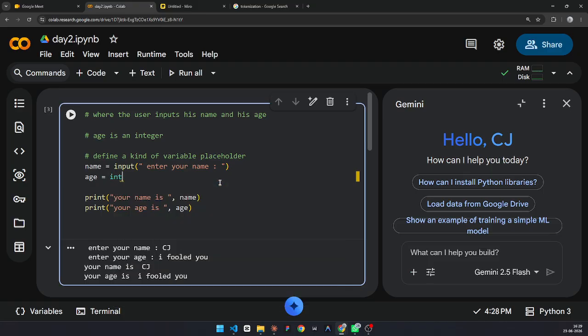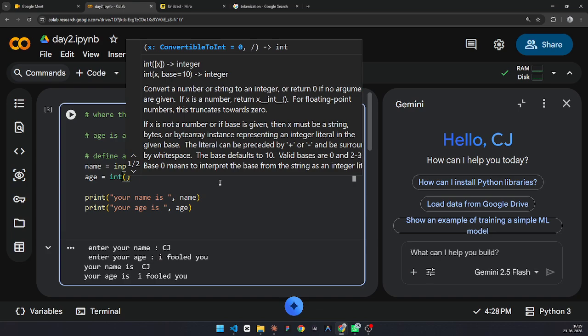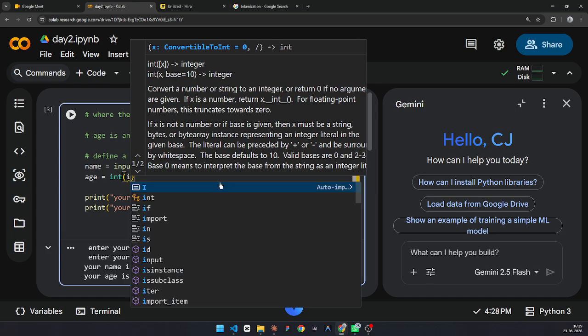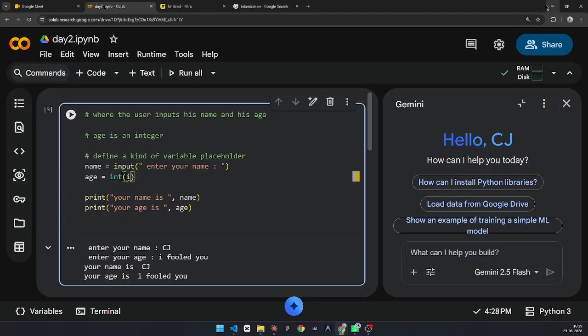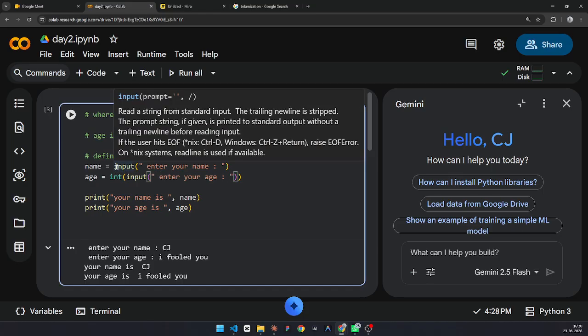Now let's say for example integer, again input, wait sorry, integer input, and inside the input function you have to type "enter your age." Now that's the correct way to write it.